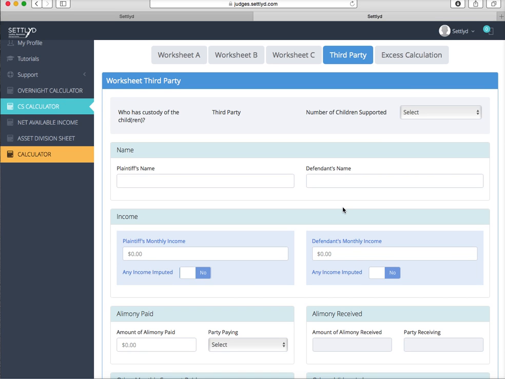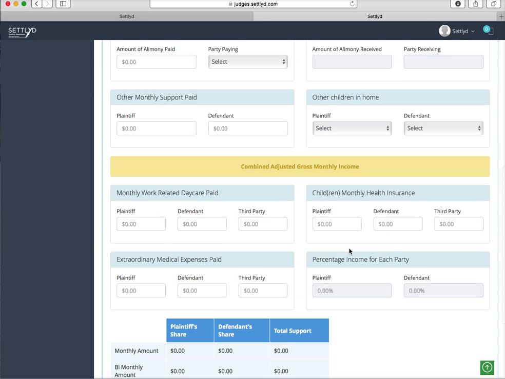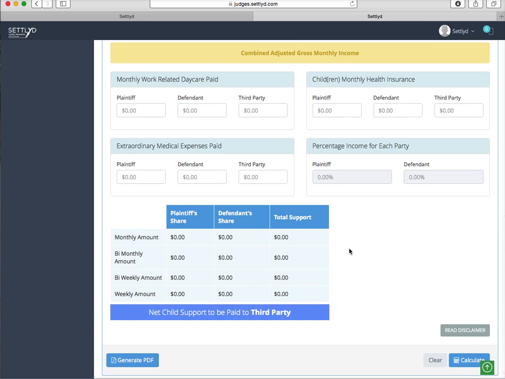What we've done here is created a calculator to take essentially a worksheet A calculation and just not so much rearrange it, but take it a step further. If you have a situation where neither mom nor dad, neither of the parents, has custody of the child, and the child or children are in the custody of some third party, then what you would do is enter the applicable information, and what it will do is allocate,